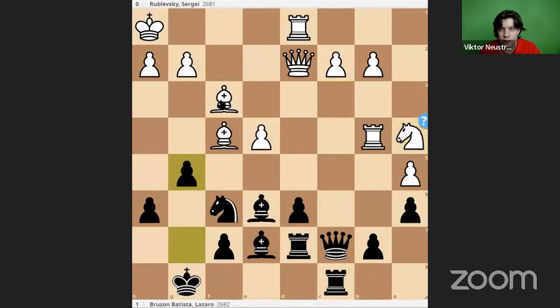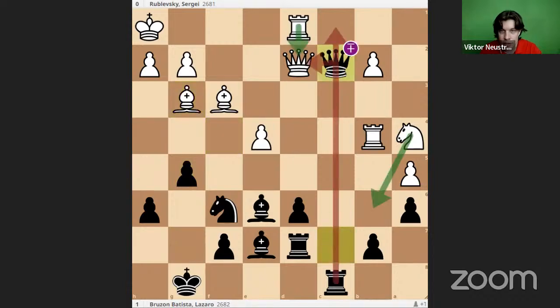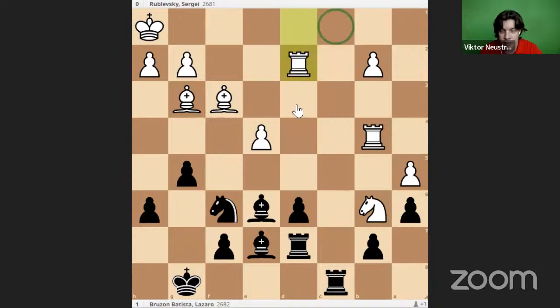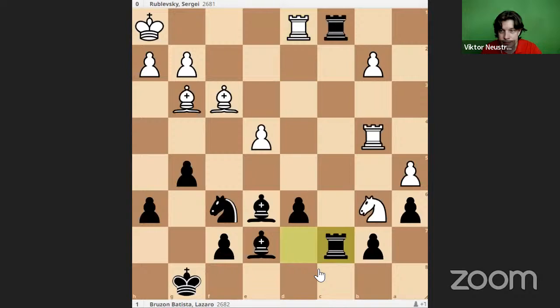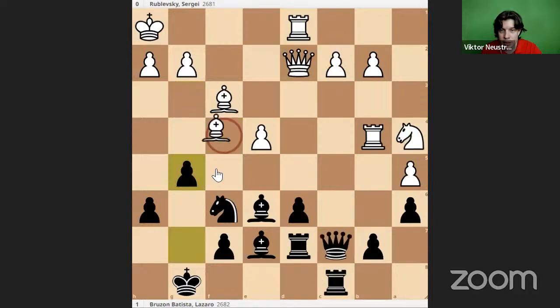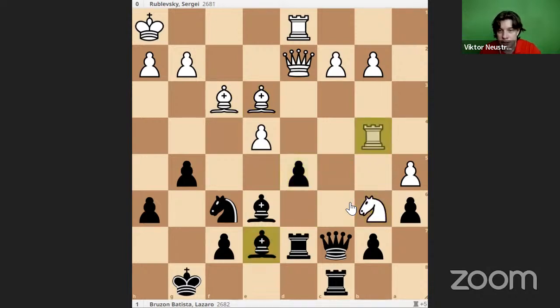So g5. What now? The bishop is hanging. In the game, they took. But if, let's say, they play this move, it's queen c2. Because right now, knight b6 fails. You take there, the rook must take, and there is a back rank check, which allows you to get rid of this fork. Maybe then the bishop has to go there. Well, yes, but there is no pin anymore, and d5 works because you attack the rook with a tempo. So let's say this, you take, queen